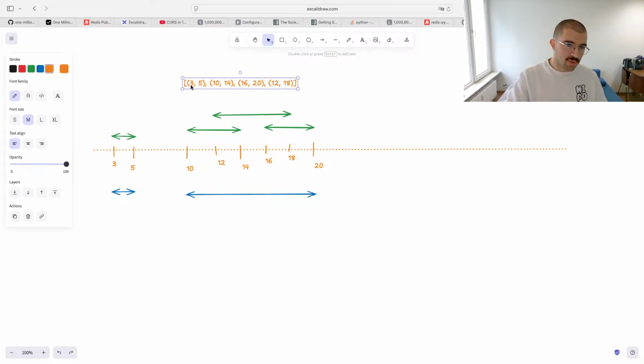left, right? So this 3, 5, you can say, okay, we have an interval, the end one is 5, and the next interval you can peek and you can say, oh, it's 10, okay, I think this is the first interval, let's put it into there, that's okay. And you can refresh, you can say, okay, this interval ended, let's move on to the next one. So when you come to 10 to 14, you can say,